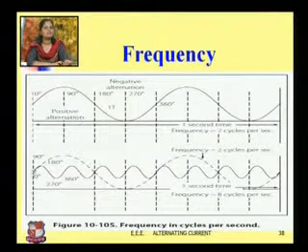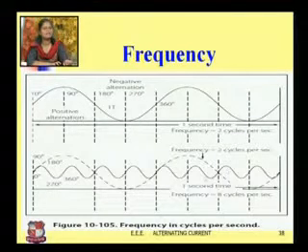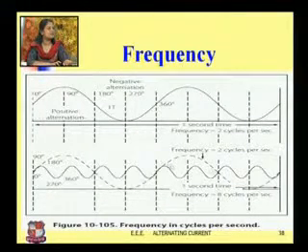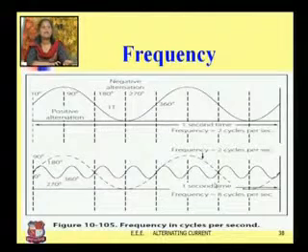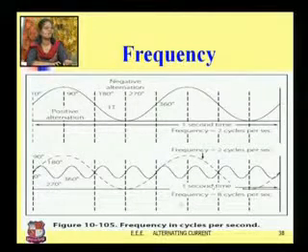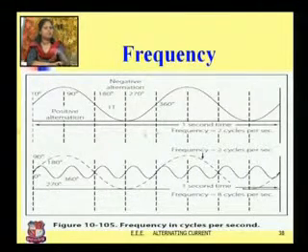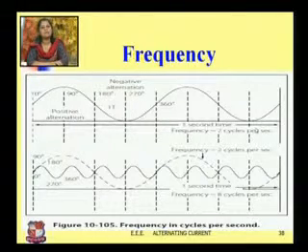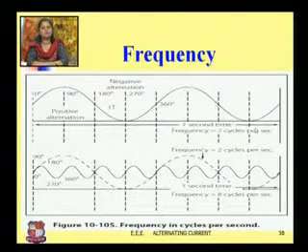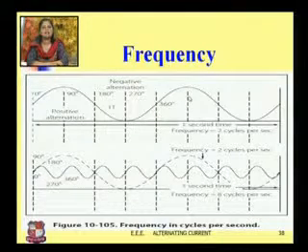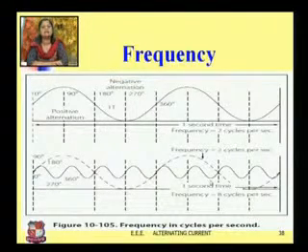Now for the second figure, the dotted waveform is the same as in figure 1, but this full waveform indicates the other frequency. You can see that this full waveform completes 8 cycles per second. So the frequency of the second wave is 8 cycles per second. Frequency is nothing but the number of cycles completed in 1 second. So for the first figure it is 2 cycles per second, and for the second one it is 8 cycles per second.